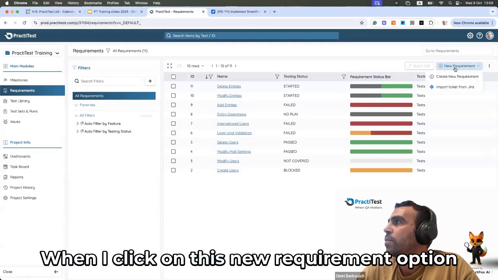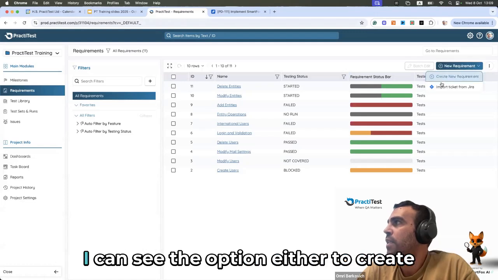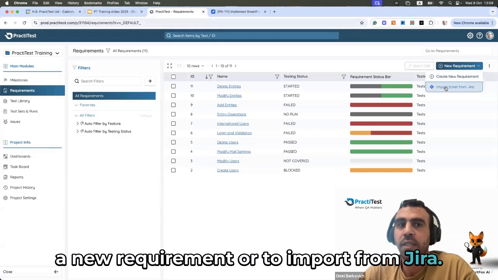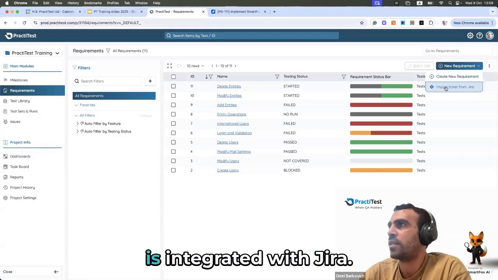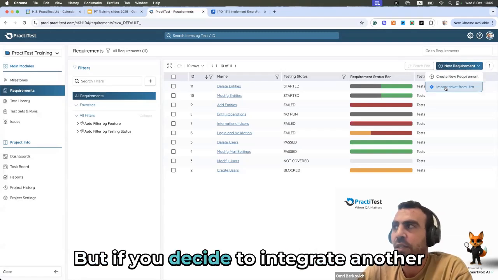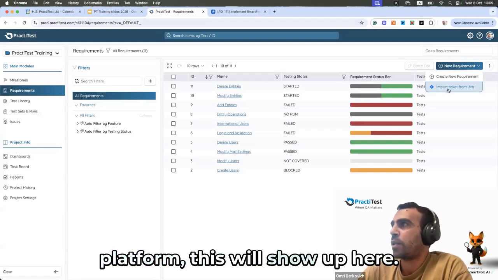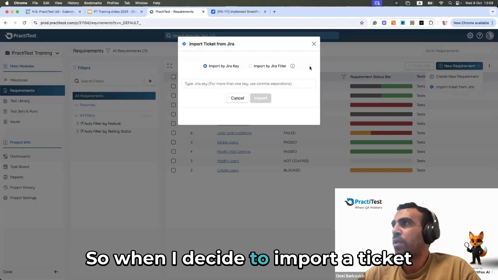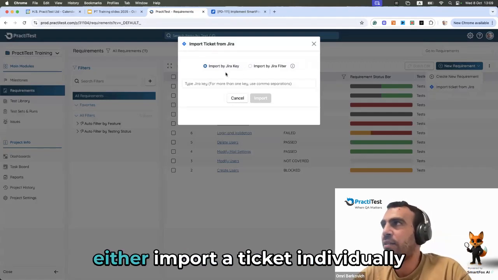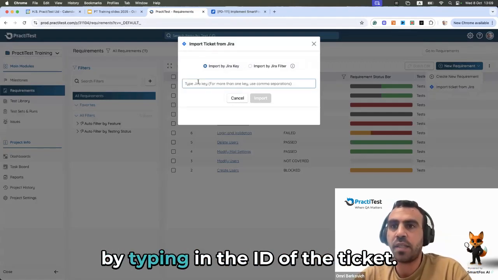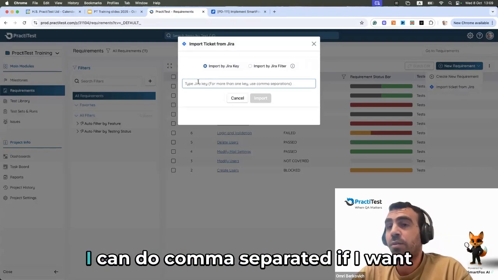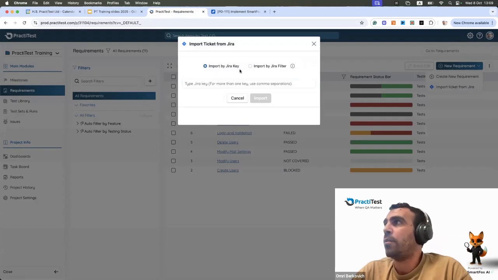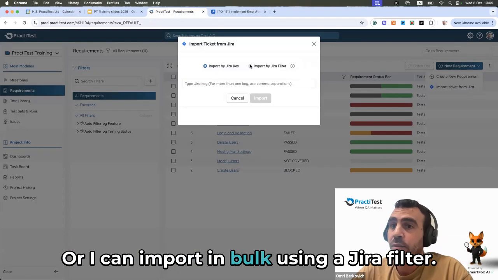When I click on this new requirement option, I can see the option either to create a new requirement or to import from Jira. This is because my project is integrated with Jira, but if you decide to integrate another platform, this will show up here. So when I decide to import a ticket from Jira, I can either import a ticket individually by typing in the ID of the ticket. I can do comma separated if I want to have multiple tickets, or I can import in bulk using a